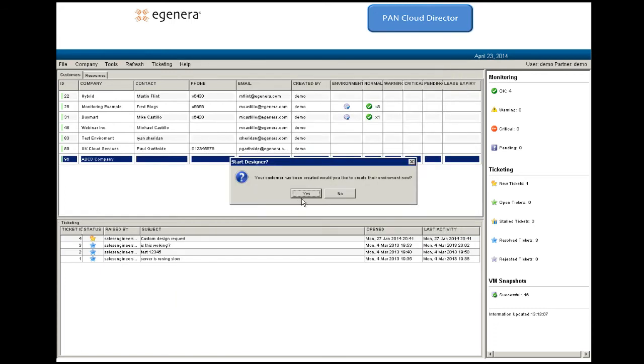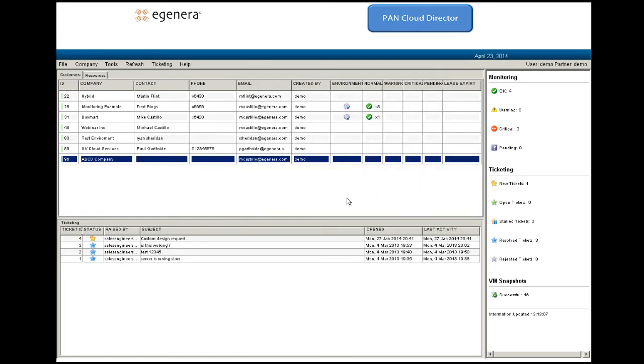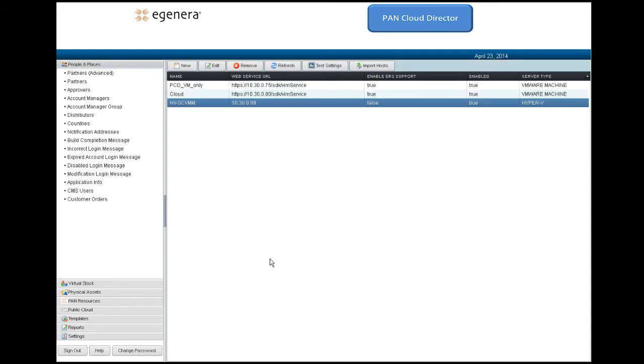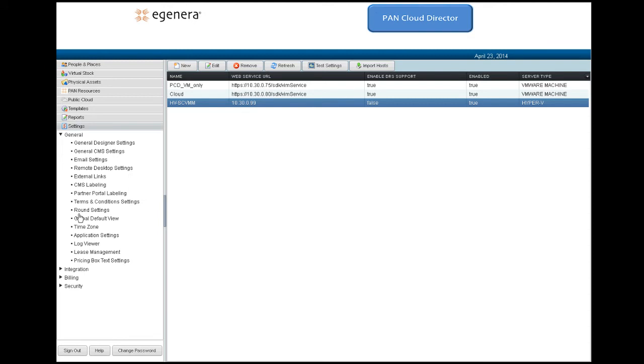I'm not going to create an environment just yet. I talked about this portal. There's also another portal called the CMS, which is the Content Management System. That's the back-end administration portion of PAN Cloud Director, and this is where you would set up a lot of things. So in terms of the Active Directory support,